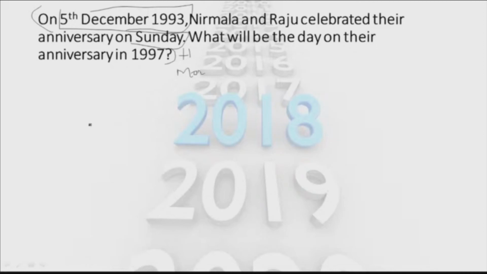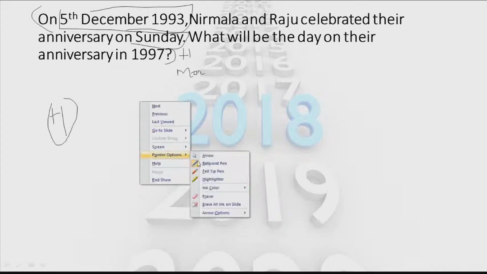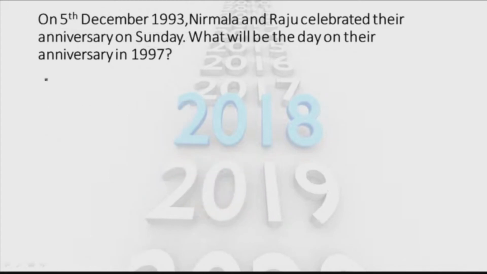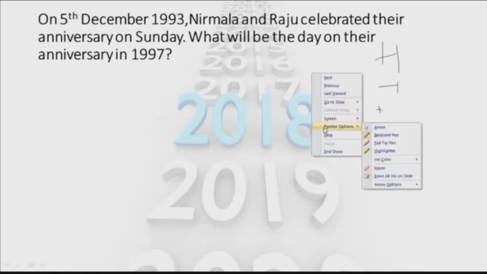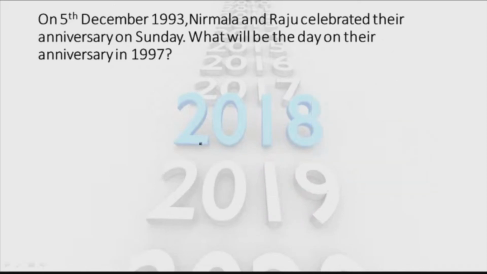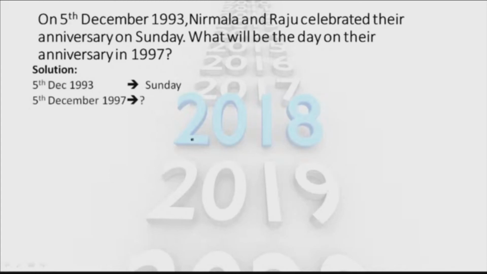So what does it mean? Even you need to do that plus 1 for the final answer that you will be having. So check with the data given first. Here the data given is right, but you need to check with the data. There can be modifications like plus 1, minus 1 or plus 2, all of these. If you feel that the data is modified, then you need to modify your answer. So 5th December falls on Sunday.